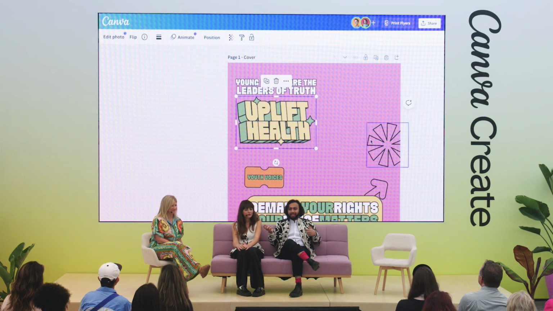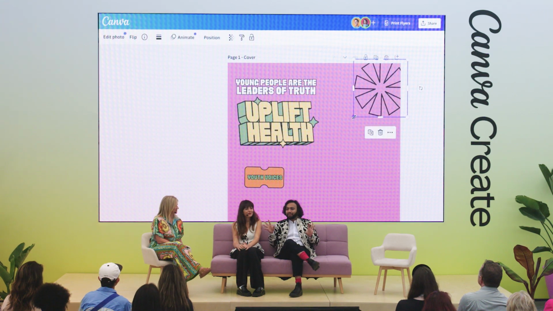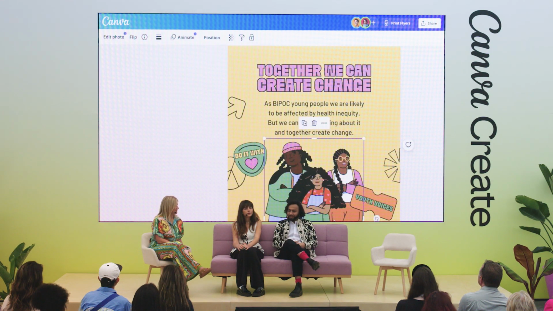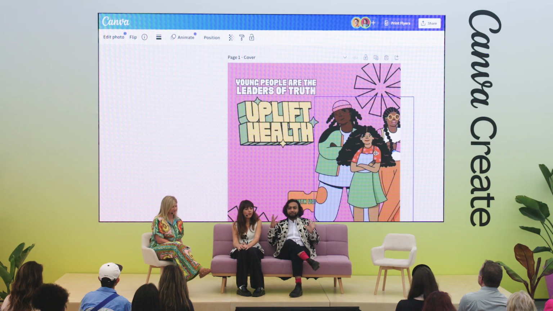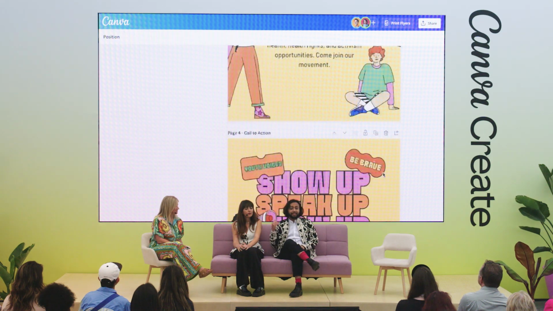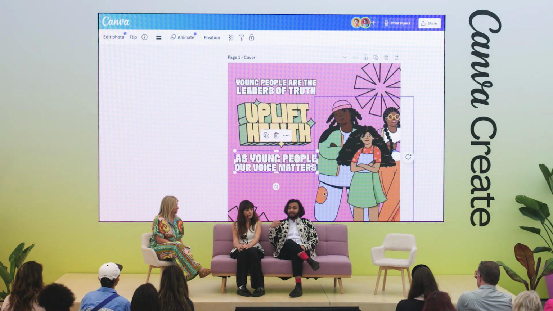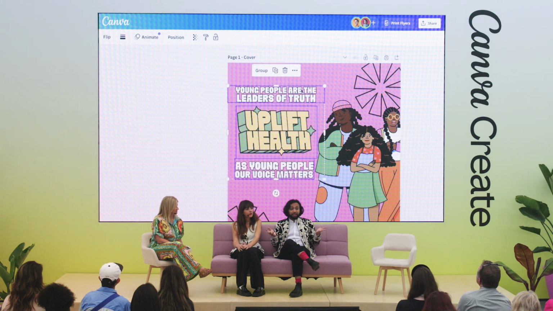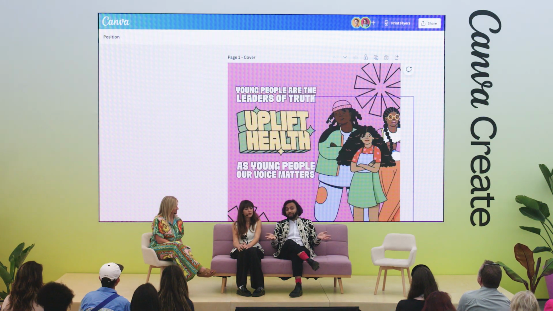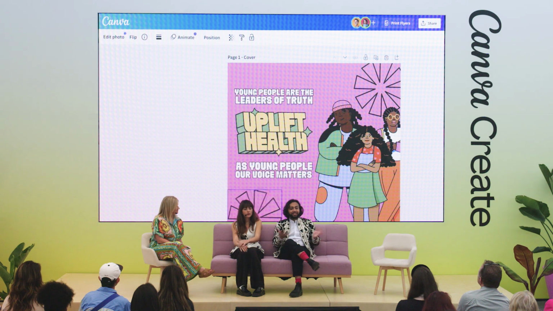What are they interested in making? Where are the templates breaking? Like what needs to be fixed, and then what new designs do we need to create? In the final templates that we built out, everything was designed in a way where young people were equipped to introduce the campaign themselves. They were able to design posts about different health topics that matter to them and start to raise their voice in the communities and talk about health justice.